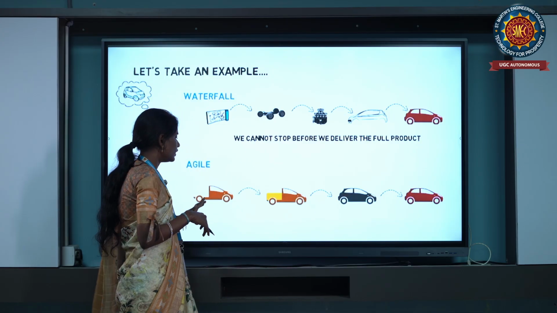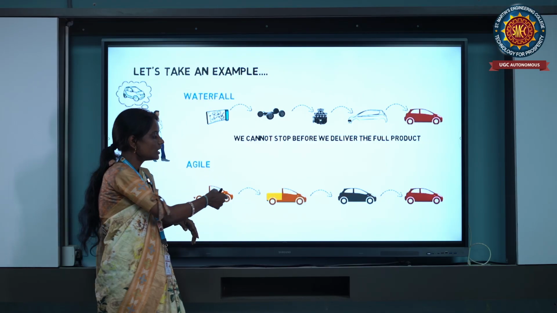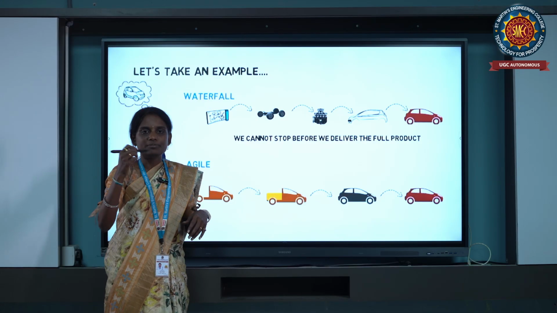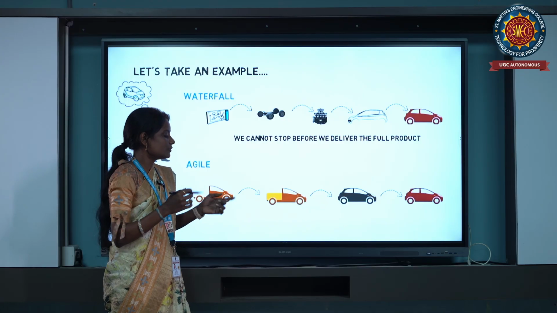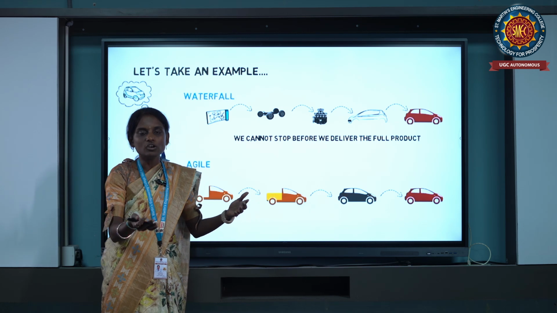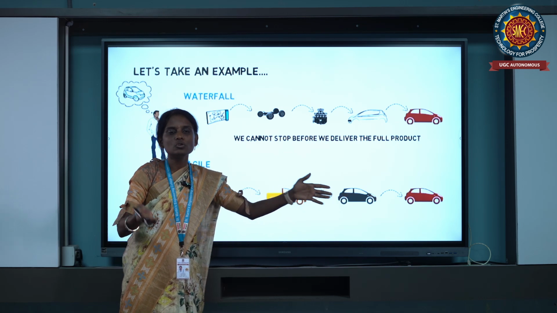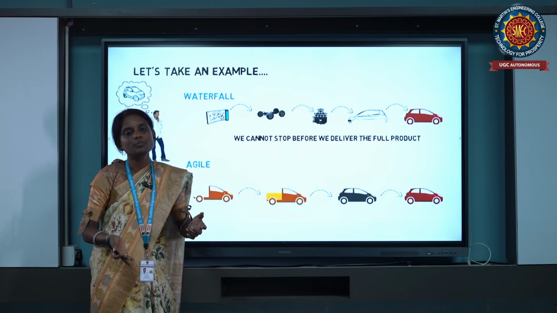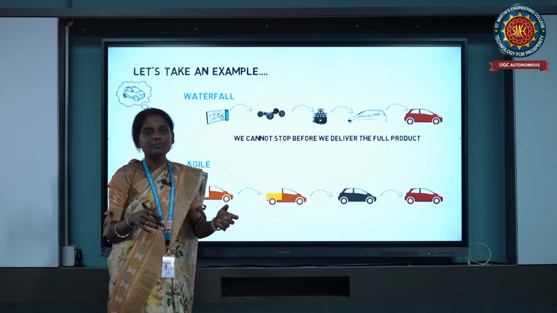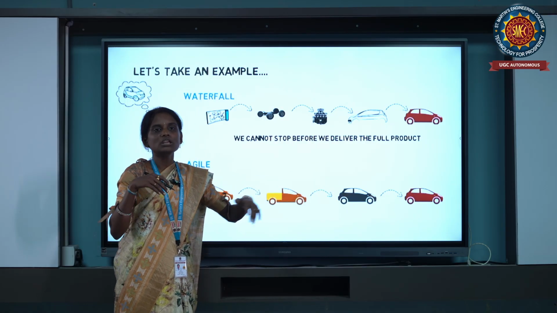Whereas in the agile model, they will be getting updates from the customer at every stage. So they will be updating the product color. Even if you want the red color, they'll ask if you want to change your color, or if you want any update for the improvement of the car. If you let us know, then we'll do the changes for the product.